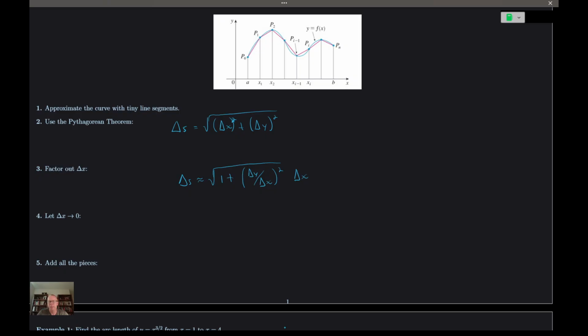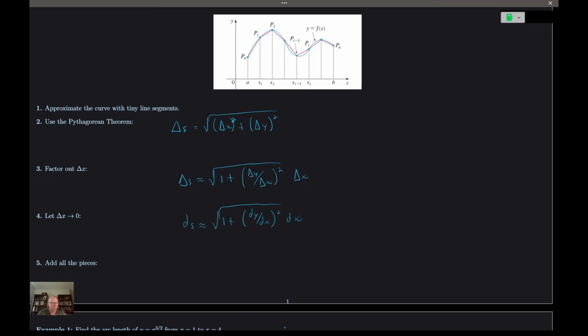We have n of these. And if we let the distance between any two of these points go to 0, so we're going to get more and more of these, and the distance between the two points is going to go to 0. And if we do that, then this becomes a ds, and that's approximately equal to the square root of 1 plus dy over dx squared